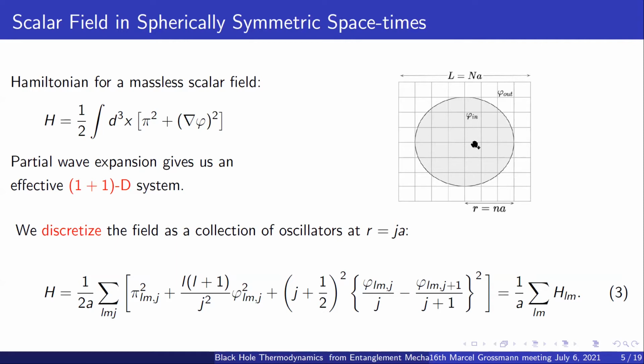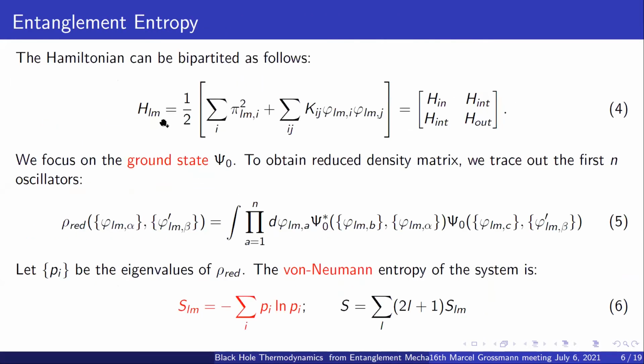Now, when you take the limit a going to 0, what you get is the original system that you had, which is continuous, and field degrees of freedom are in fact infinite. This would lead to all kinds of divergences in almost all quantities that you would calculate. So we might not be able to extract some physical information about what's going on. So it is better to keep a intact and see what happens. Once we have this Hamiltonian, it's pretty straightforward to calculate the entanglement entropy, because this Hamiltonian is in a form that is recognizable and has been worked on countlessly many times before.